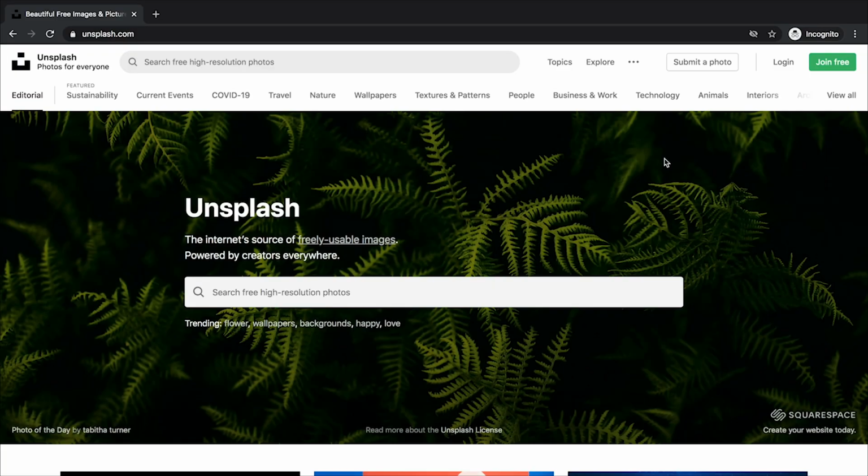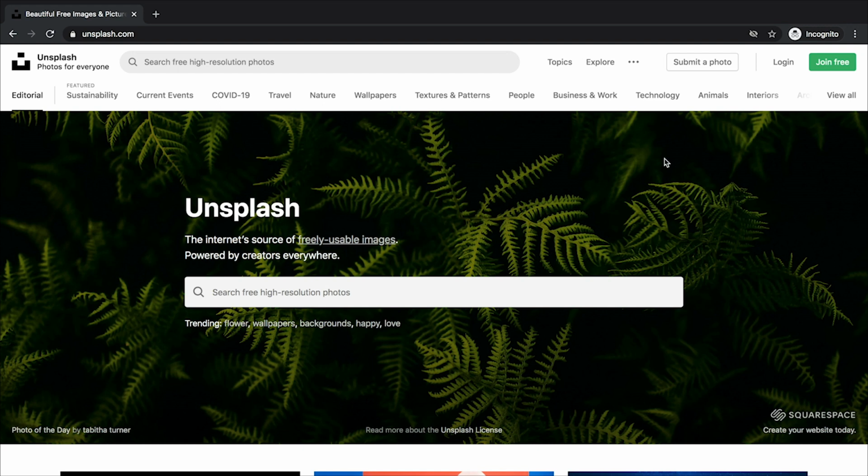The second one is images. You want to use high quality images and get the best possible images you can. Now, there's a resource on the web which is free, which provides high quality images. Let me show you that now. Let me introduce you to Unsplash. This is a great resource for free, high quality, royalty-free images that you can use across the web.